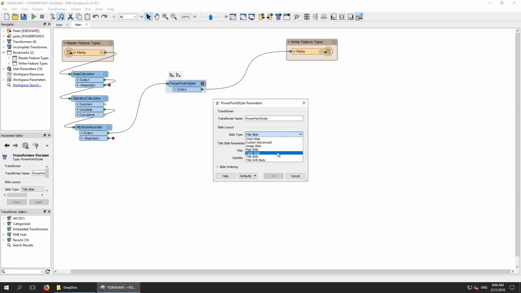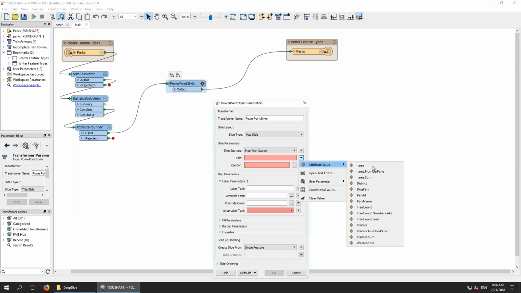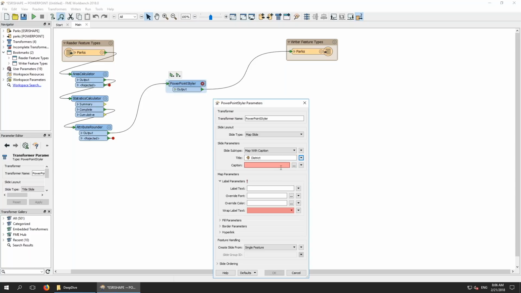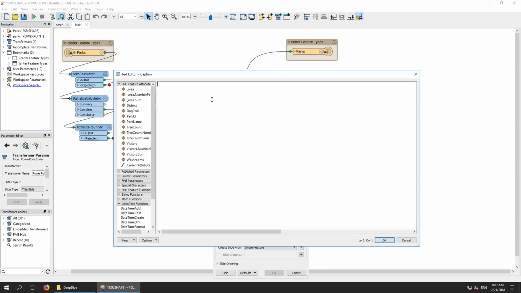We've got all sorts of different slides we can create, like tables and titles and charts. I'm going to do a map slide. Basically, the spatial data is going to be put into here as a map, and the title of each slide is going to come from the district or neighborhood. So we're going to have a slide per neighborhood of Vancouver, and we're going to build what we call a caption. I don't know if captions are a term within PowerPoint itself, but we're going to put a caption like